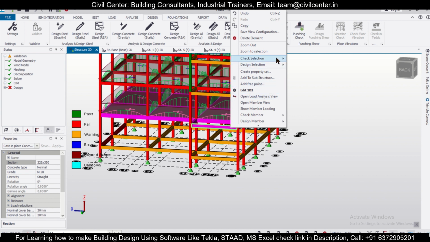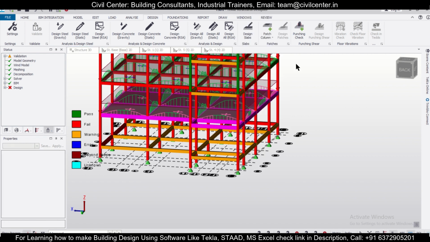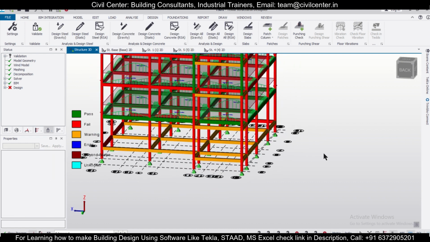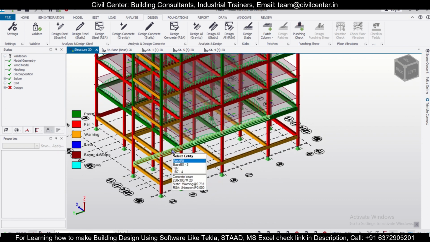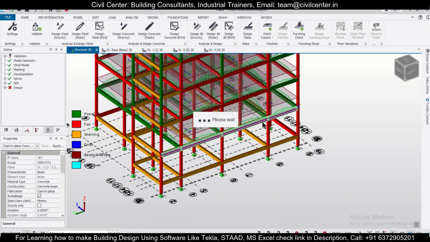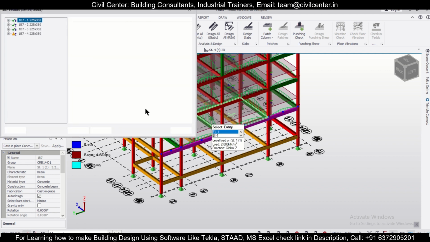Right click and then design selection static. So most of them are passing. Let's check the reinforcement coming in this as well, design member static, and whether the reinforcement is okay or not.